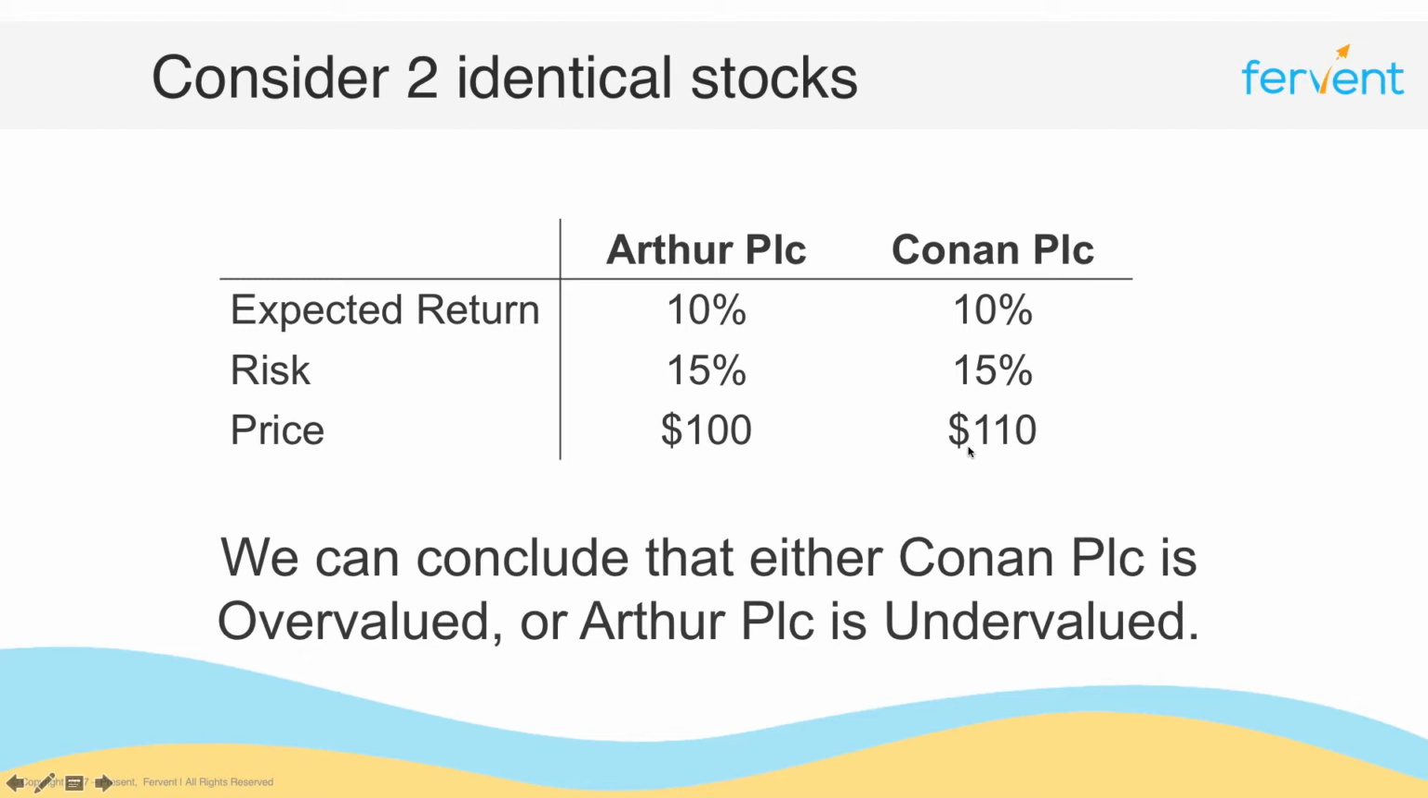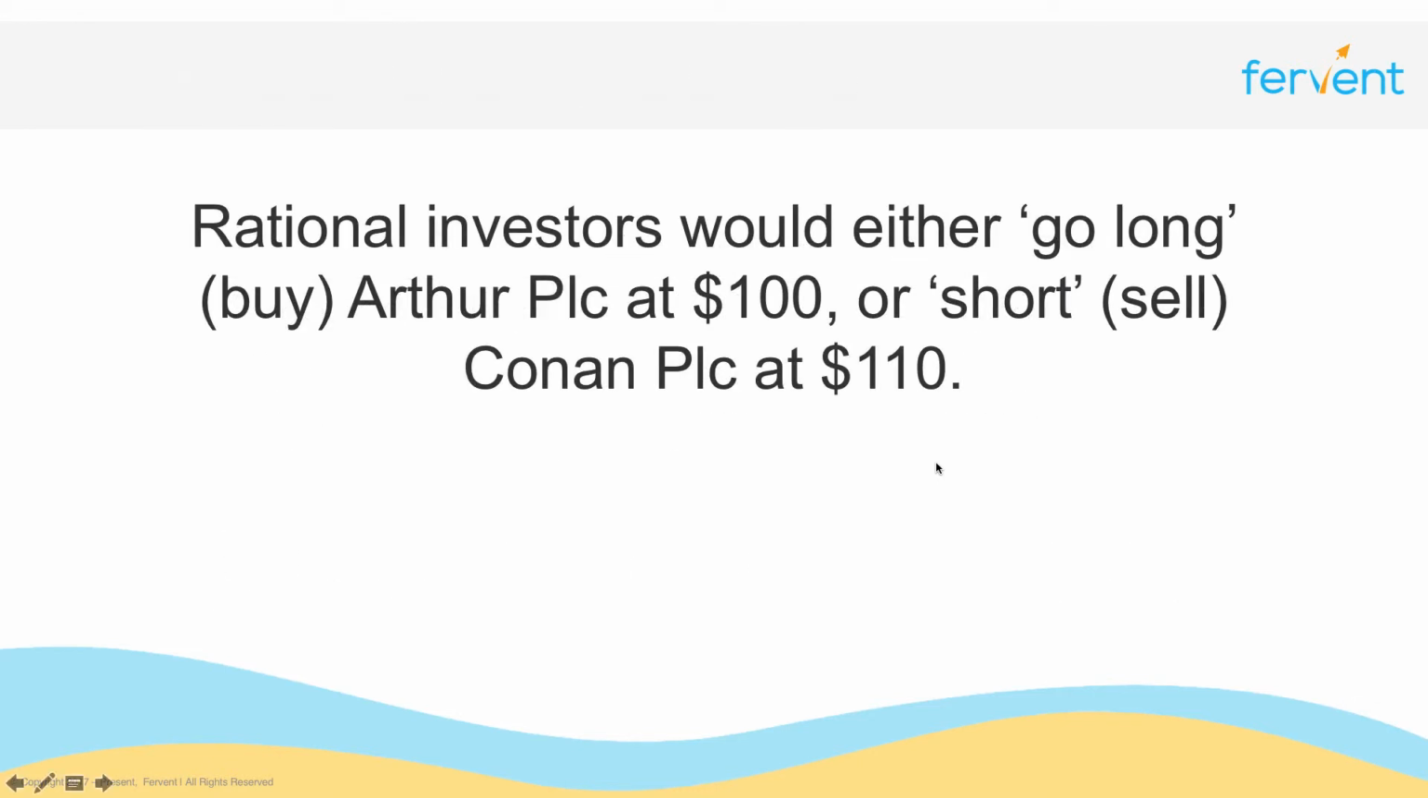Obviously, because we don't have any other information, we can't say which is the right price, but what we can say is that the two prices must be equal, and if they're not, then an arbitrage opportunity exists. And so rational investors would either go long, which is a fancy word for essentially saying they would buy stocks in Arthur plc at $100, or they would short, which is a fancy word for sell, stocks in Conan plc